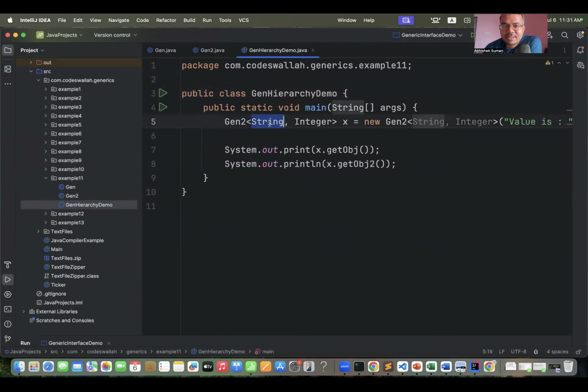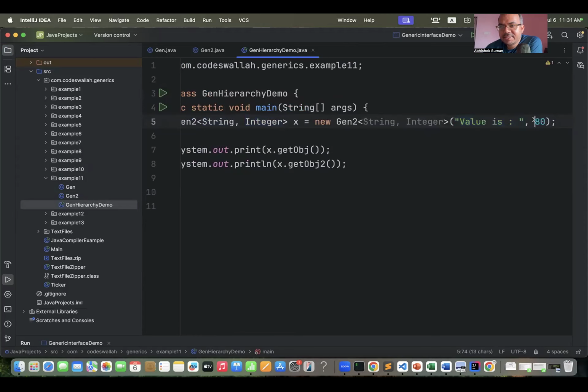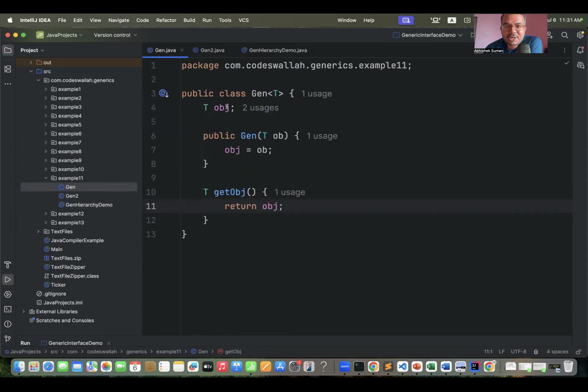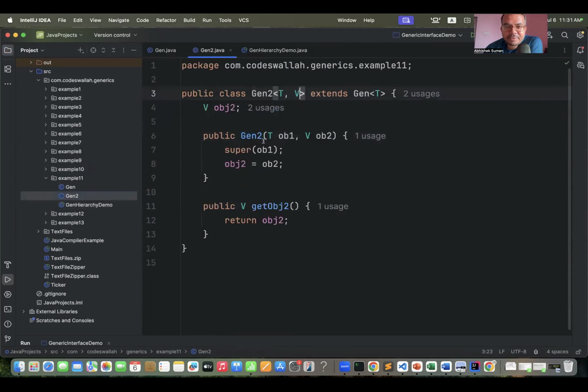What I'm doing is passing string and integer. I'm passing both the values, the string as well as the integer. Now the string gets passed all the way to the Gen class constructor by invoking this. So string and integer: first it passed the string all the way up, and